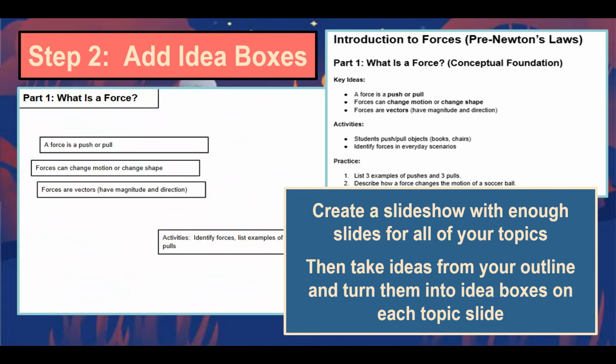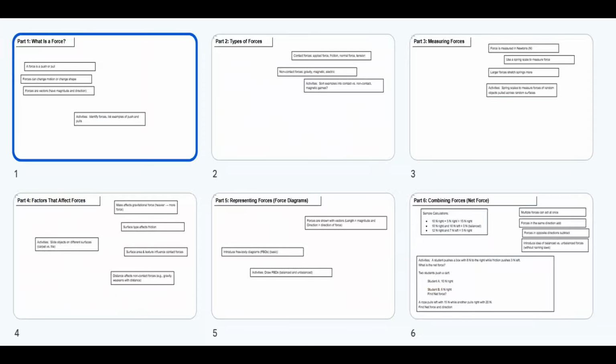So here is a slide that I made from those first 4 idea boxes. I am already deleting out ideas from the outline that I know are not going to be relevant to the point that I'm trying to get across with this particular slideshow. So this is what my slideshow now looks like. I have 6 different ideas from my outline. I went ahead and copied those ideas over to make these boxes, and that's not good enough for me.